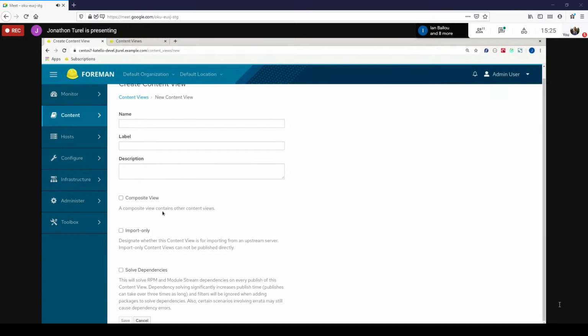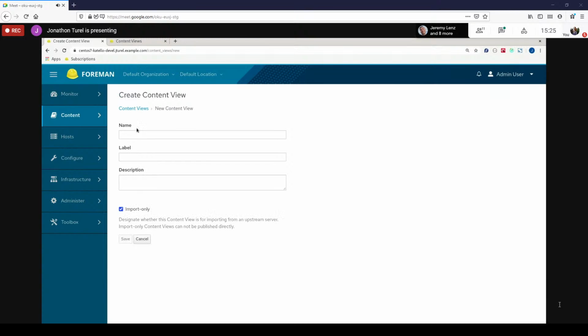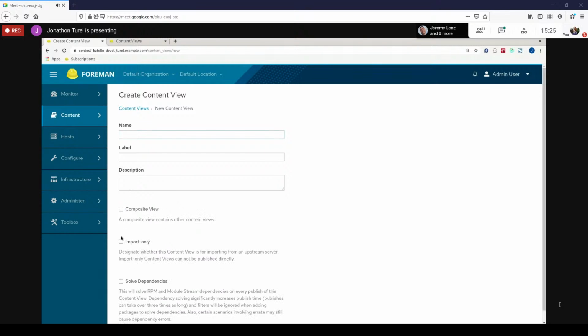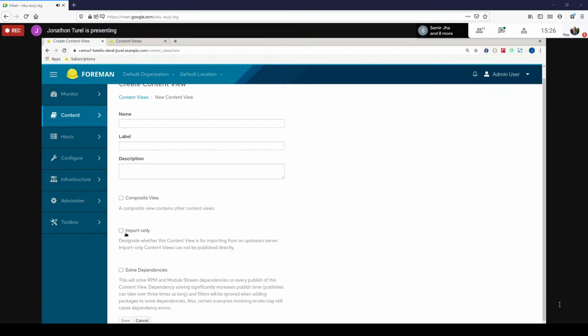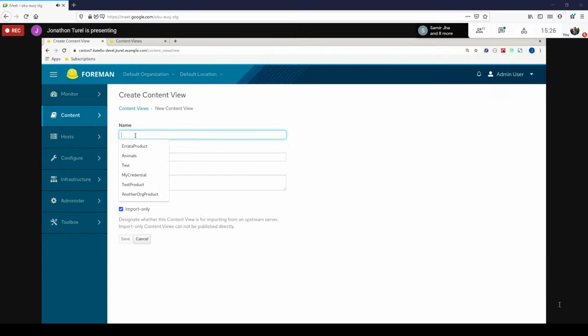But primarily, we would do this because there are a certain set of restrictions that we need to place around import-only content views. You'll notice that when I select import-only, I can't also make this view composite or have it solve dependencies. Those ideas are basically irrelevant at this point, because if this content view will be importing some exported content, then it just gets all of that exported content. And whether it's composite or dependency solving enabled is not pertinent. So if I create such a view,